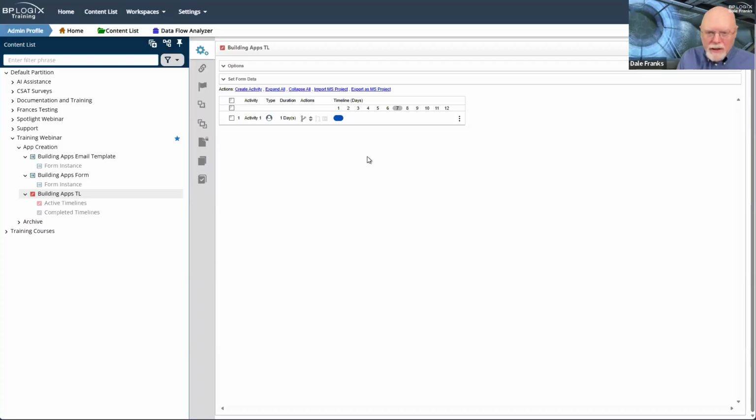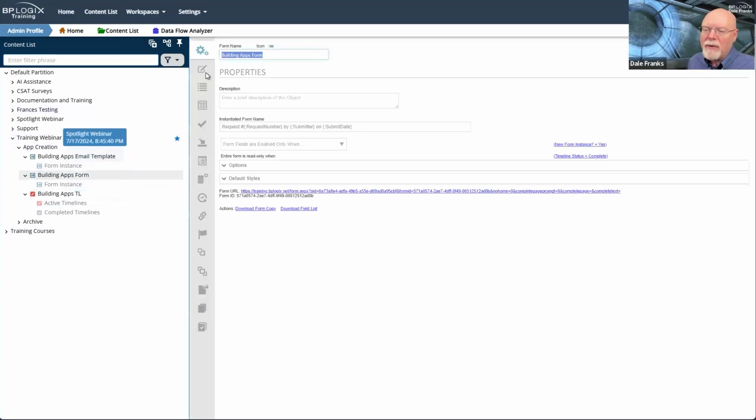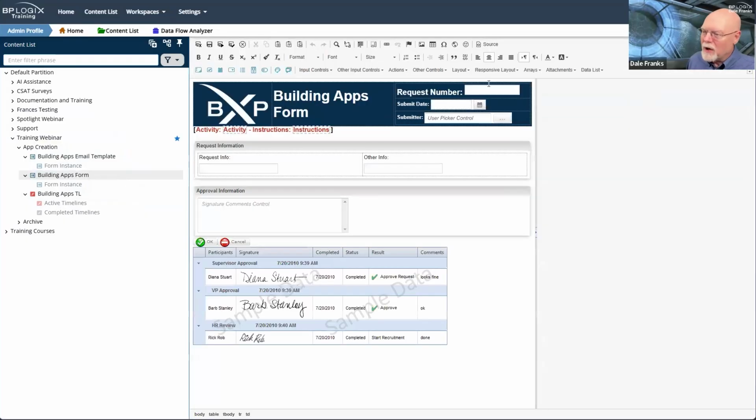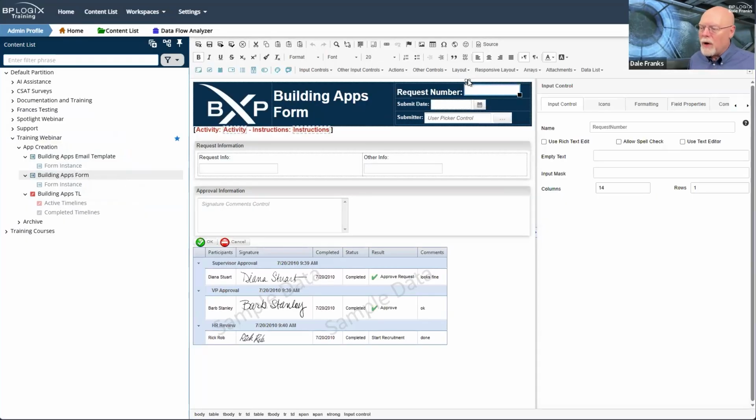So there's a couple of things that we need to do. In fact, there's one thing we need to do before we do anything else, and that is we have to set our request number on the form. I probably should have reviewed this really quickly, but this seems like a good time to review it as well. I have this request number field on the form. Its default value, as we saw earlier when we were creating our test form instances, is unsubmitted.